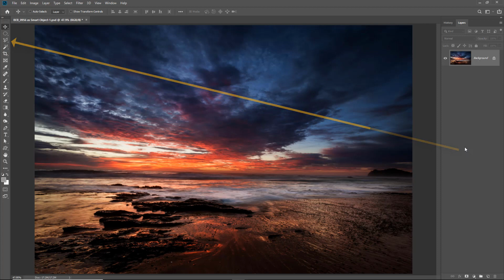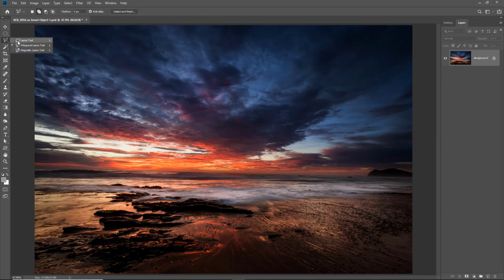Now let's start by going over to the toolbox on the left hand side because we need to pick a selection tool. I'm going to suggest probably one of these two, either the lasso tool, which I often call the freehand lasso tool, or the polygonal lasso tool. Doesn't really matter, whatever one you're comfortable with. Because what I want to do is to make a selection of a part of the sky, and I'm going to separate that from the base of the image. With this image here, I started in this dark area of cloud, and I think I come along this area here. You can see that the selection I'm making doesn't take any time at all, around the outside and down